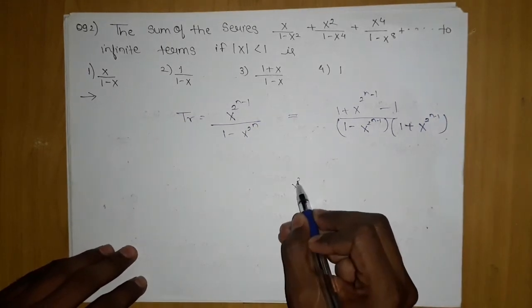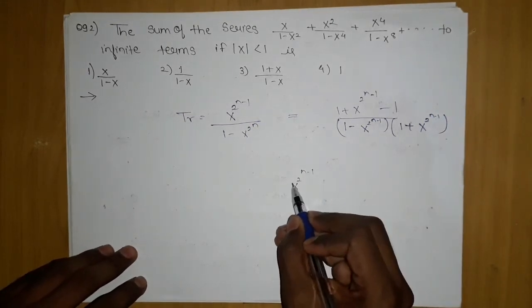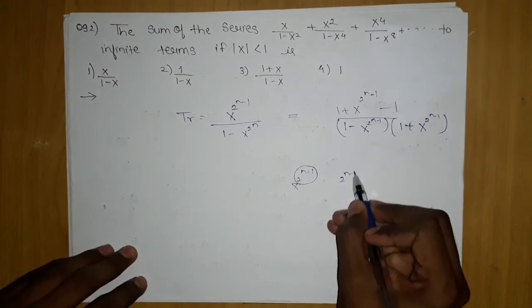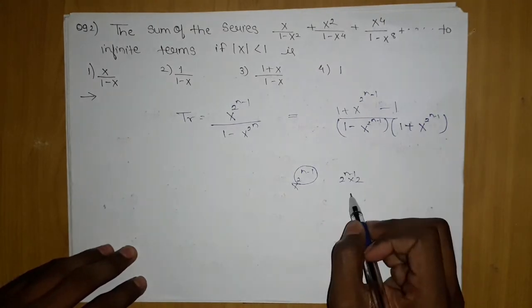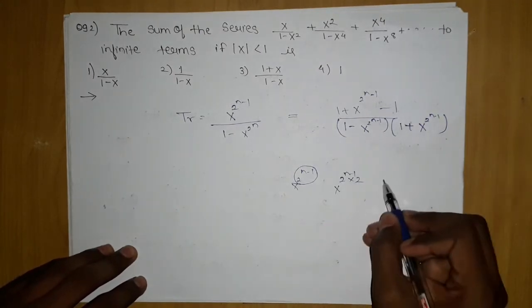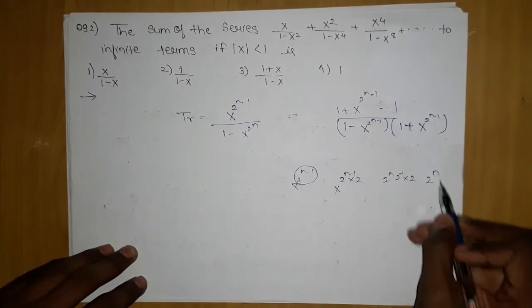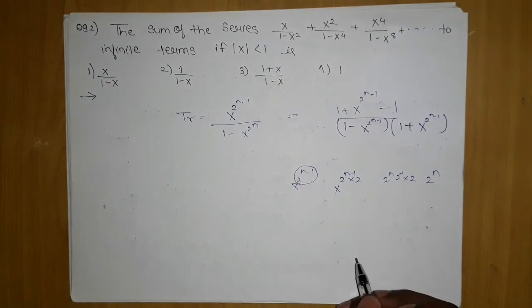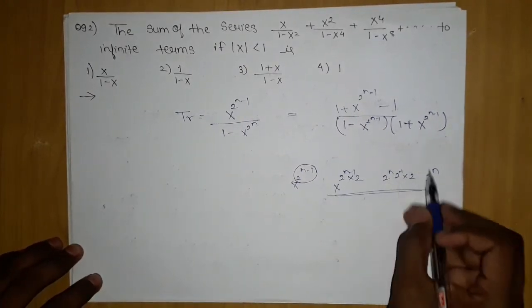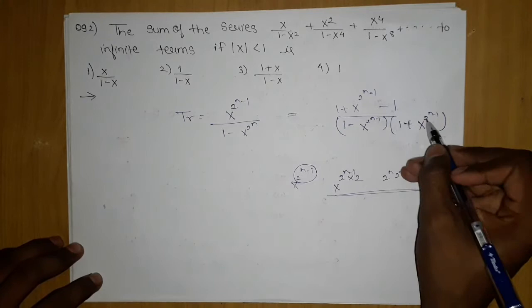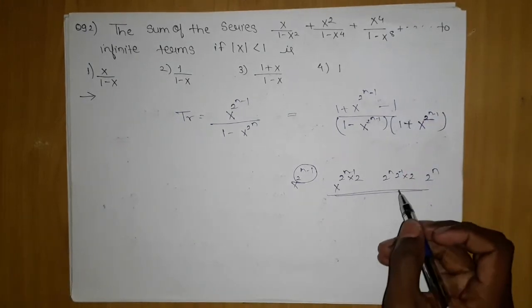Okay, observe this 2 power n minus 1. Just see this part. 2 power n minus 1 will get multiplied by 2 since it is square. But if you observe, 2 power n into 2 power minus 1 into 2 will make it x 2 power n again. So this was the calculation, otherwise you will be confused in this power only. Many students get confused in this power, so I told you how it happened.